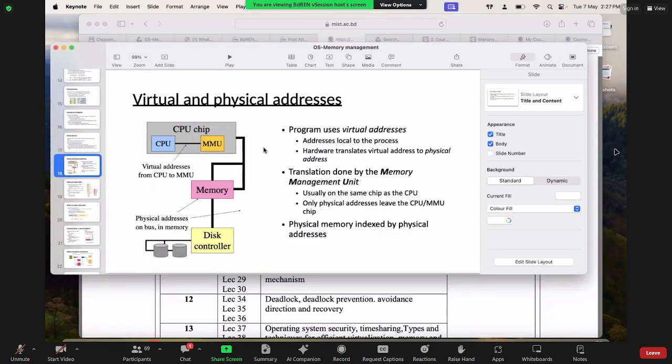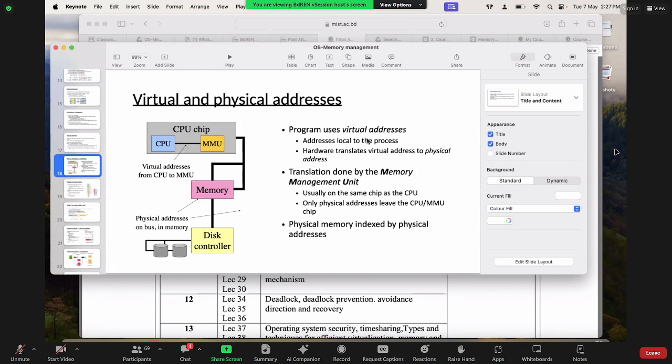So now here there are two things. One is the virtual address and the physical address. Now here just again two things are there. One is the virtual memory part and the physical memory. Physical memory by the name itself we are clear. RAM itself is the physical memory. Now what is this new thing called virtual memory?